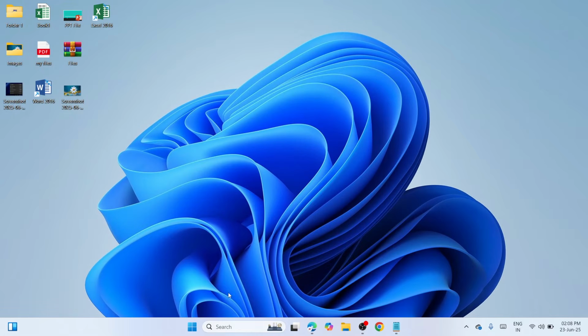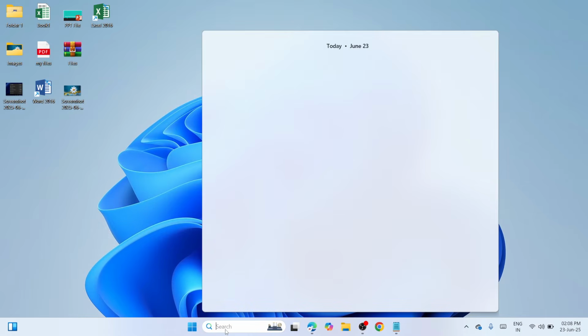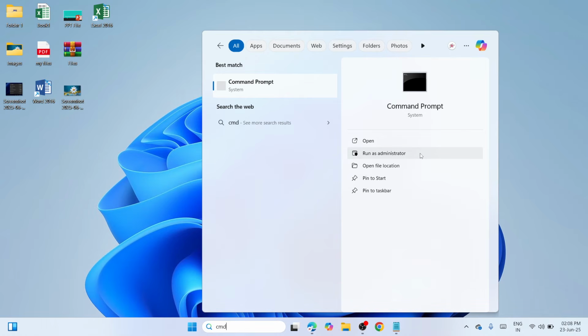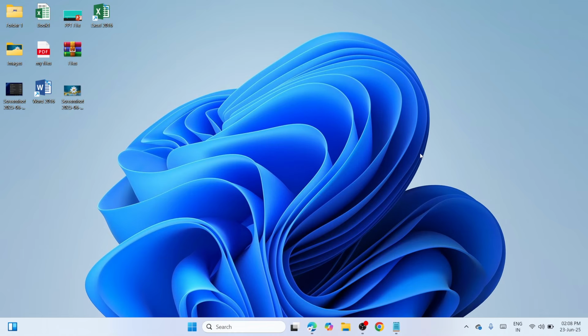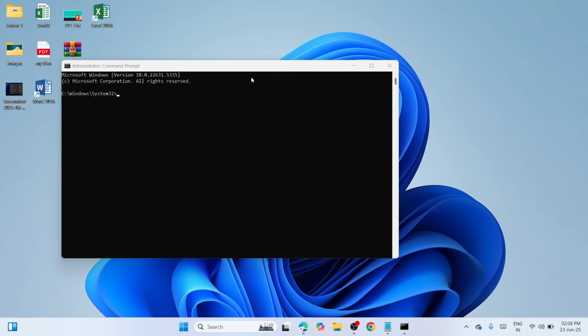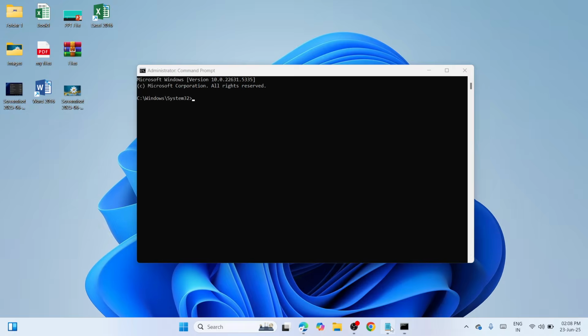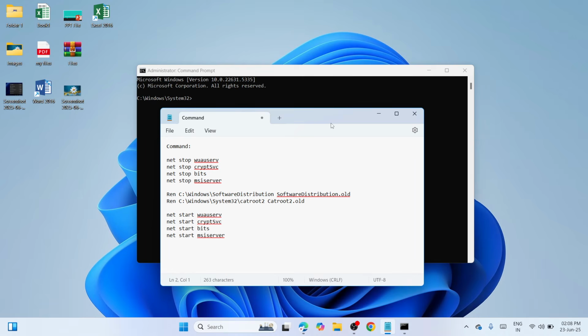The second solution would be you need to proceed here with the search box and type CMD. Once you've typed it, you'd be able to see a best match, which is Command Prompt. Please navigate to the right side and go with Run as administrator. Now click on it. Once you have opened the Command Prompt as administrator, you need to copy the commands that I have given at